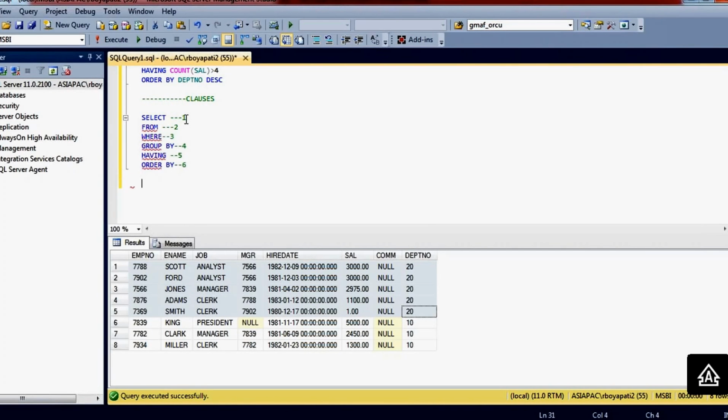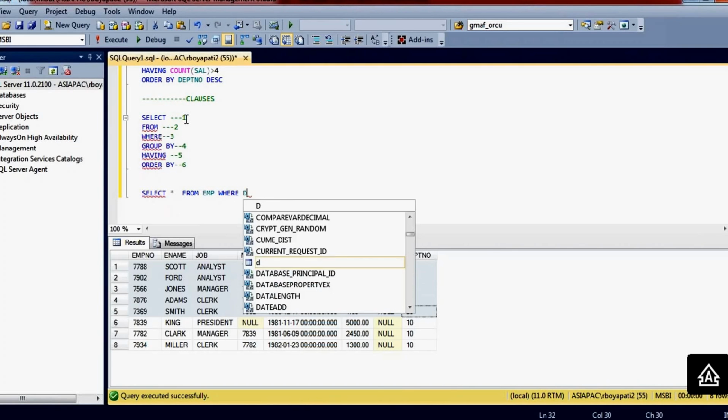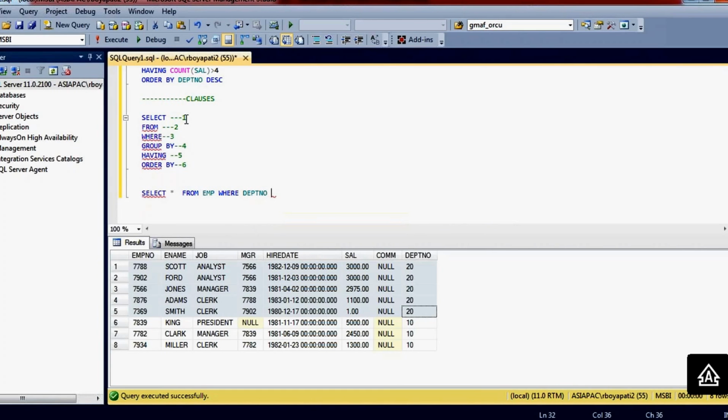So we'll write a sample query. SELECT star means it will take all the columns. FROM, I'm going to write next, and then immediately I have to write the table name. If you want to filter data, WHERE I want to take the department number IN 10, 20.